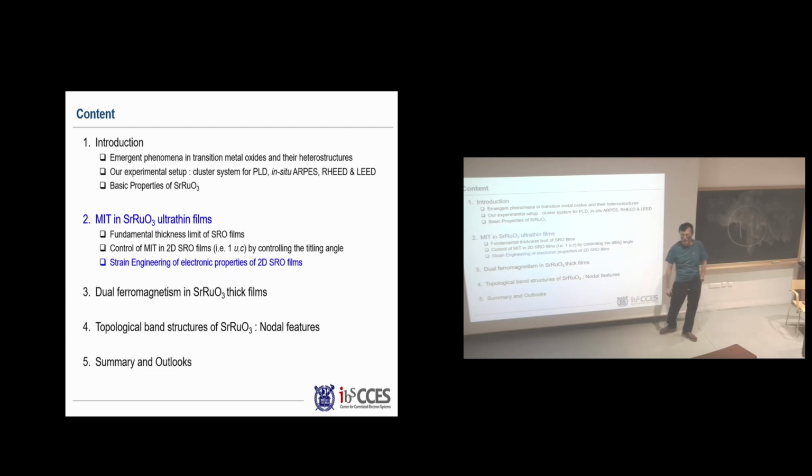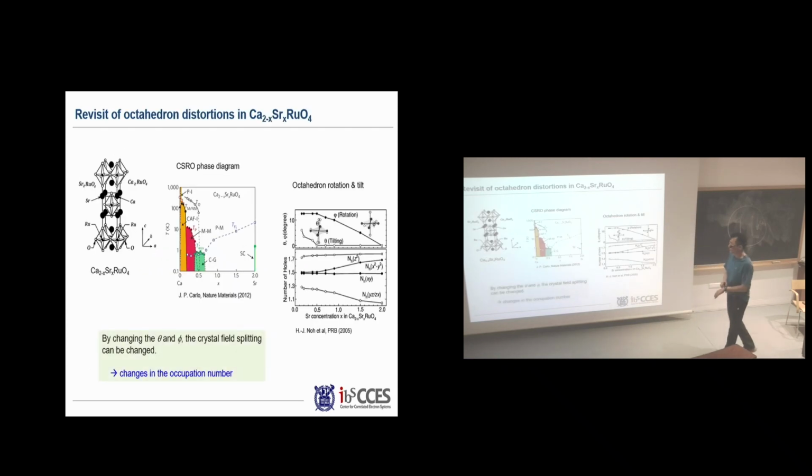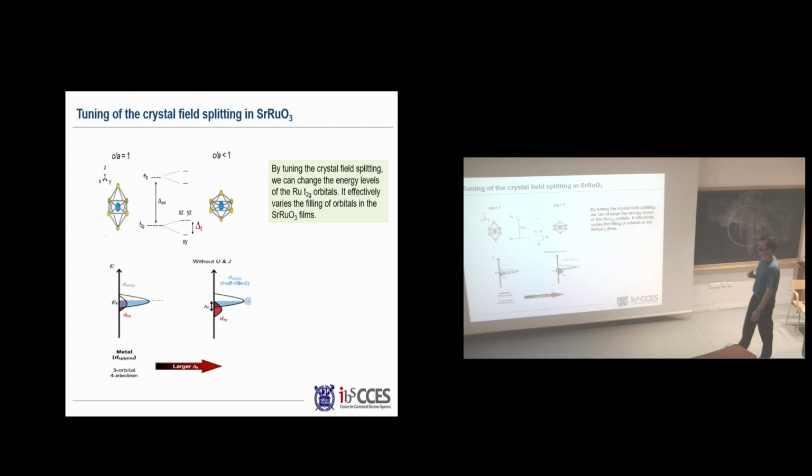So now, what we try to do is this: we have a metal oxide octahedra. Instead of rotating this metal oxide octahedra, what will happen if you try to extend or squeeze it like this? This is typically what you call strain engineering. So let's do the strain engineering on this system without tilting, without rotation. The simple schematic looks like this.